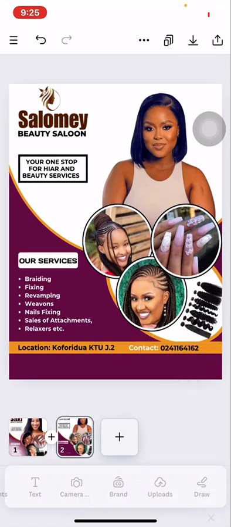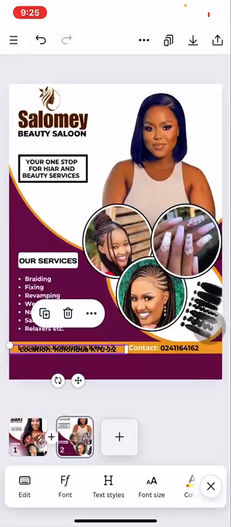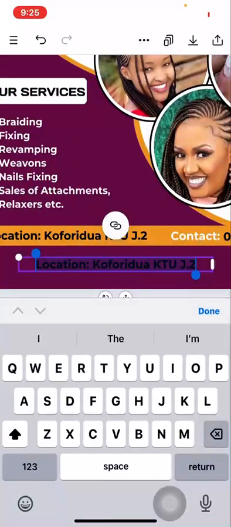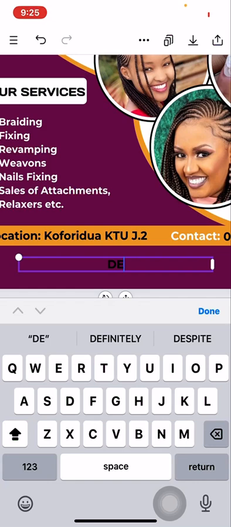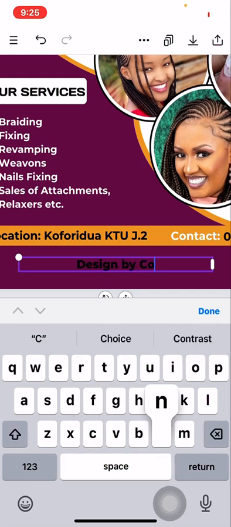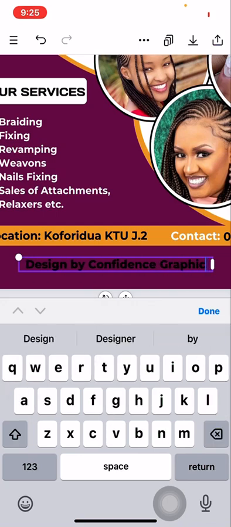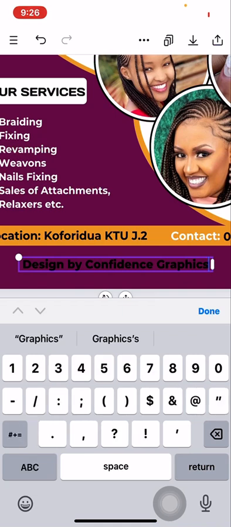So now you can add your necessary details over here, maybe designed by Confidence Graphics. Designed by, so you can see that we are not using so many font types. As I said, when you are designing, you don't need to use so many font types in your design. Designed by Confidence Graphics. Then you add your number, plus 233